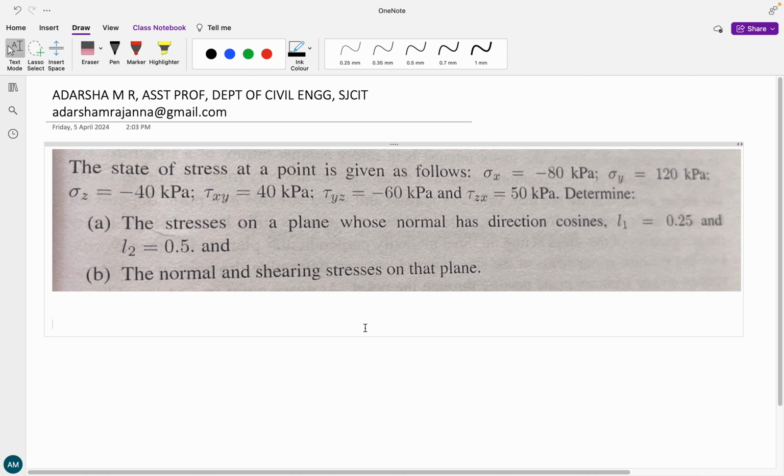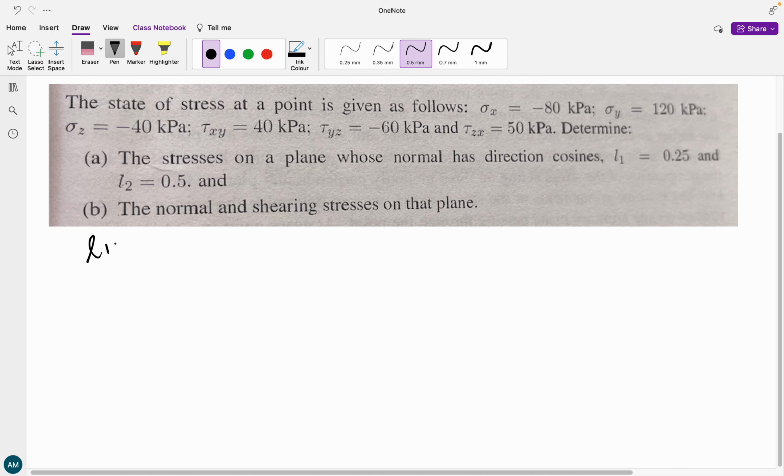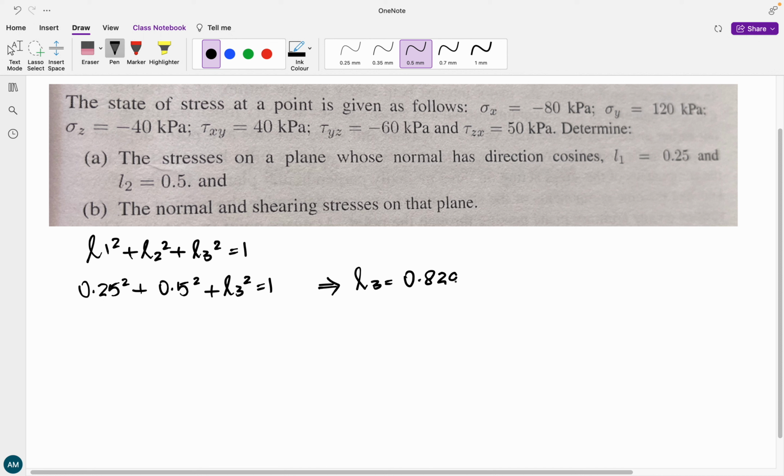Okay, so how are we going to solve this problem? They have given us the direction cosines, so let us use the relation L1 square plus L2 square plus L3 square is equal to 1. They have given us L1 as 0.25 and L2 as 0.5. We can find out L3 from this. Hence, if we solve this, we will get L3 as 0.829. Next, let us find